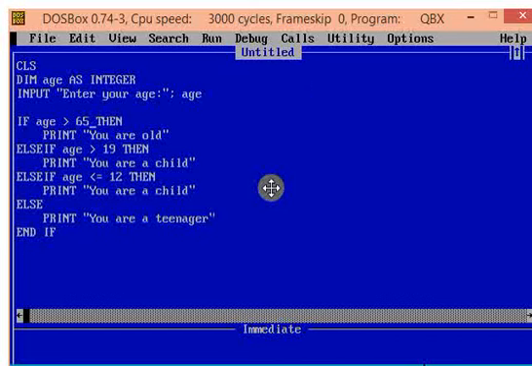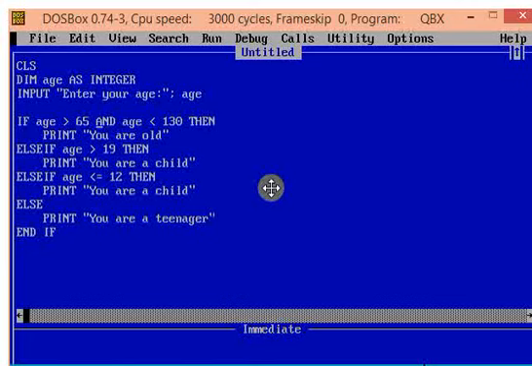If age is greater than 65 and age is less than 130, then print you are old. This is important. You are old will only be printed if age is greater than 65 and age is less than 130. If any of these conditions are not satisfied, it will not enter into the then block.